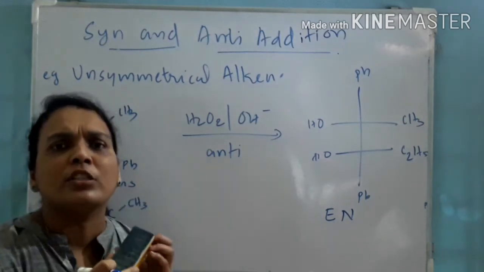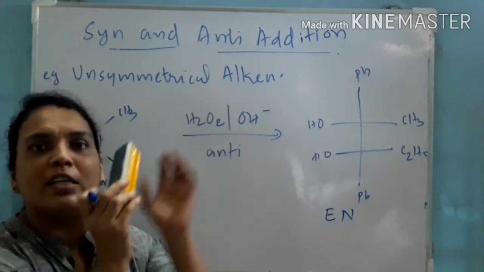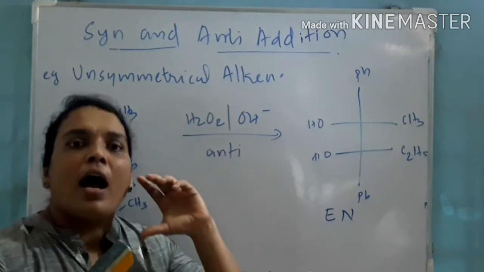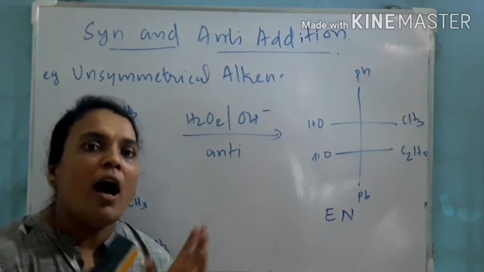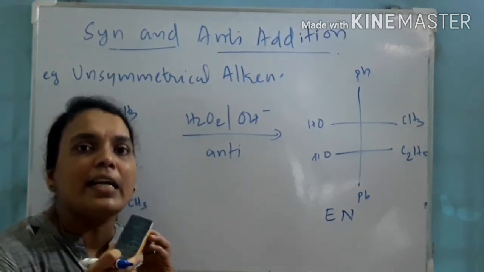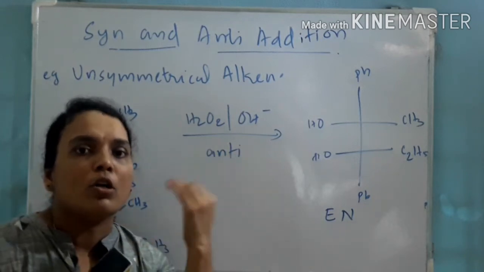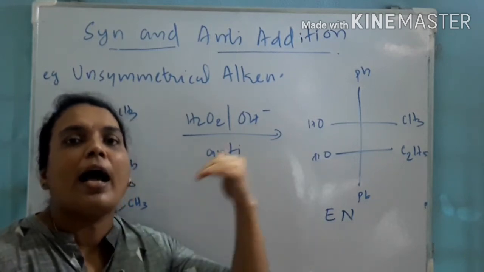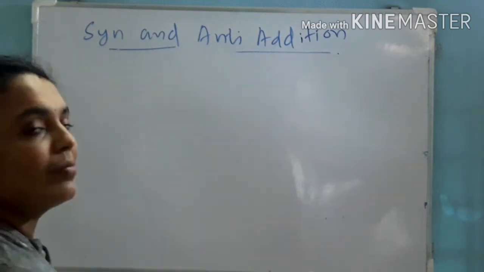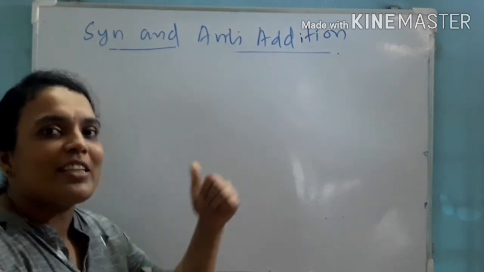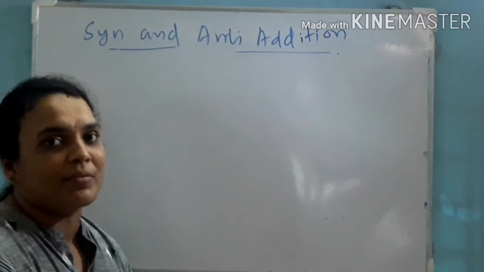So for any type of question, you just find where is the cis and trans isomer, and if it is syn addition, directly you can draw the Fischer projection. Otherwise, if it is anti-addition, you convert cis isomer to trans isomer or trans isomer to cis isomer and draw the Fischer projection. Clear that? Okay. Now, I already said I will give a trick to remember the reactions.